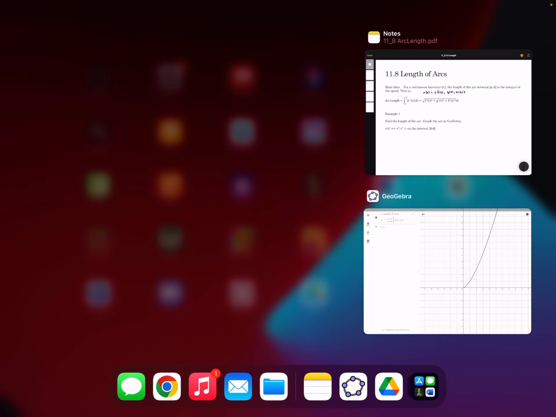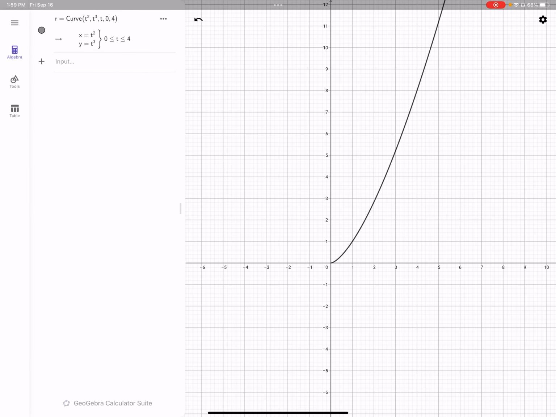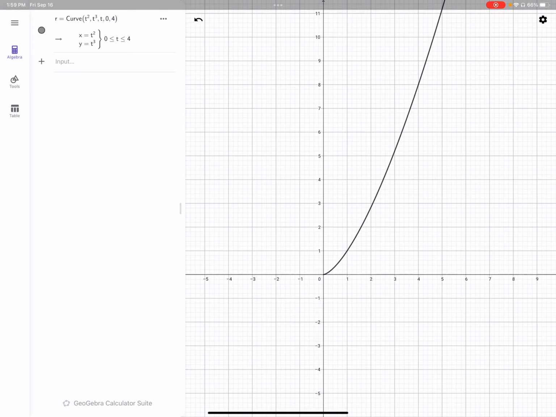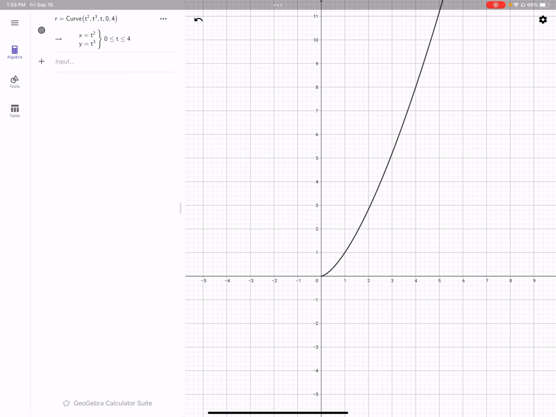I've already graphed this function. I remember to graph a function in GeoGebra is some variable equals, and then for a curve, we actually type the word curve. We put in the parameters, the parameter variable, the start point, and the end point. So what we get is something that is like a parabola. We'll talk about how we can express this curve in terms of x and y in class, but this is effectively what it looks like. And from t equals 0 to 4,